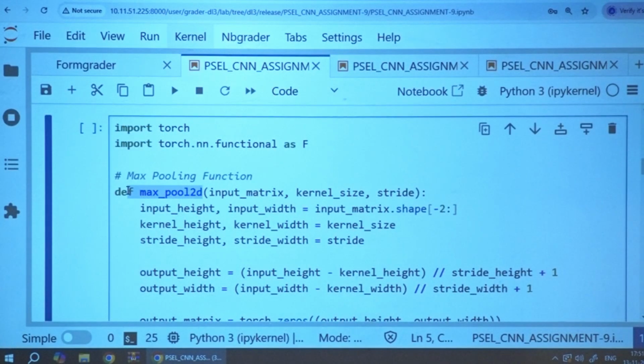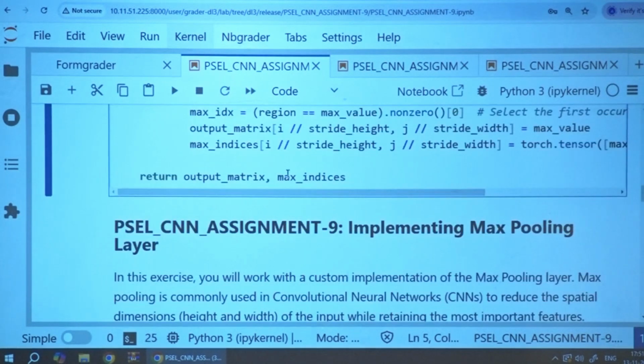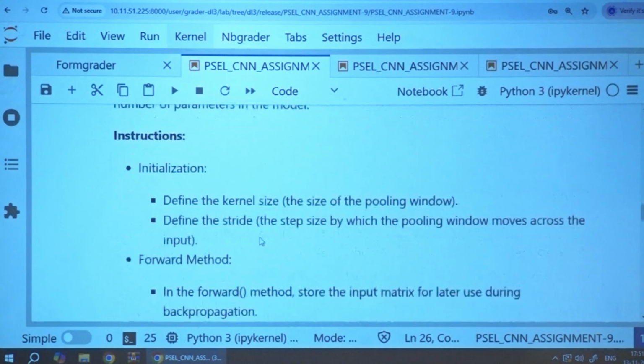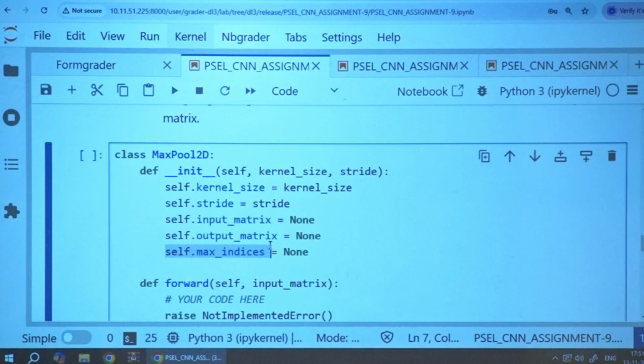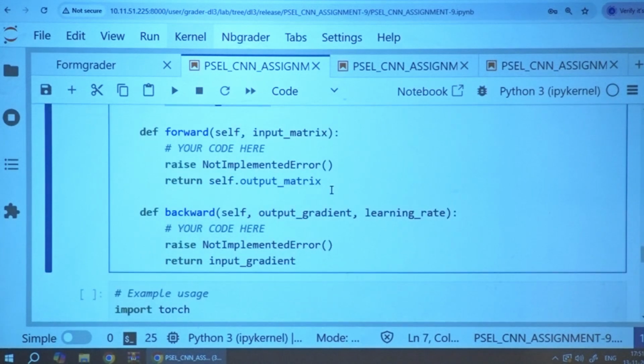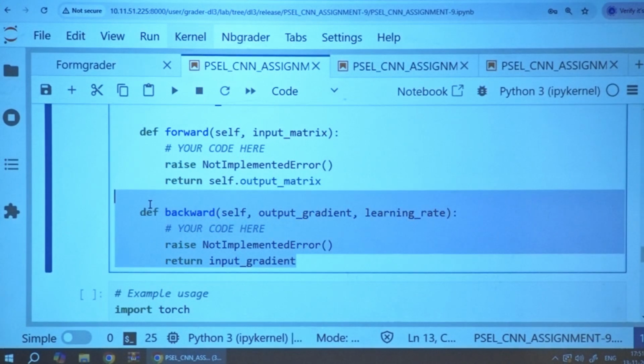Now call this max pooling for the given input matrix, kernel size and striding. It returns two things, the output matrix and max indices. So we already took two variables, self.output matrix and max indices. That's what we need from this forward pass. The forward pass returns the output matrix and the max indices, which I am going to use in the backward method.